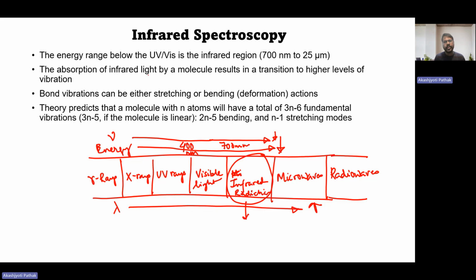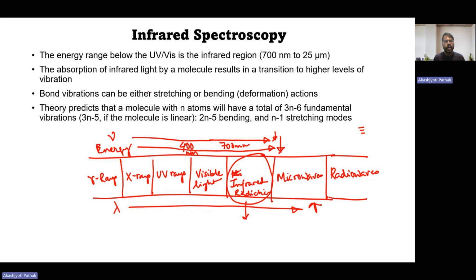Now, the absorption of infrared light by a molecule results in a transition to higher levels of vibration. A molecule has certain vibrational levels. So when this infrared radiation is applied, the energy absorbed by the molecule will result in a transition to higher levels of